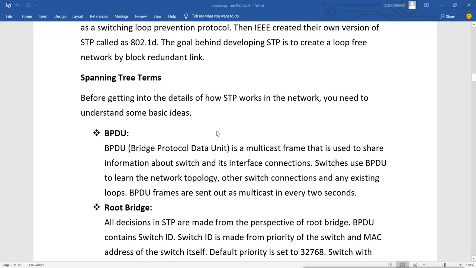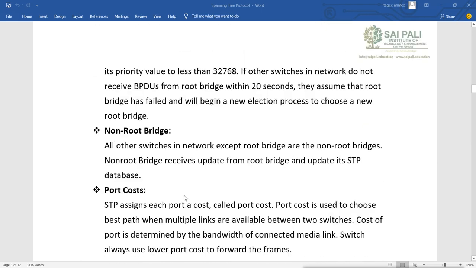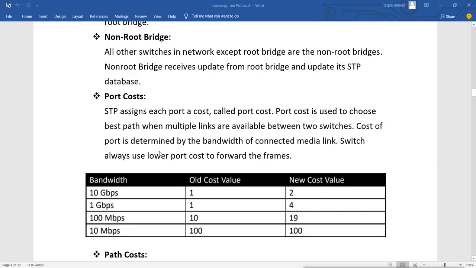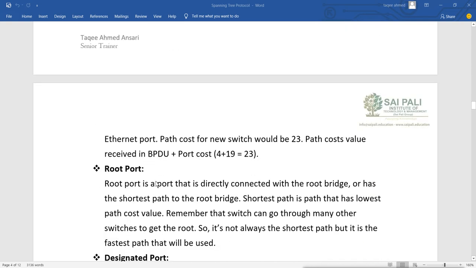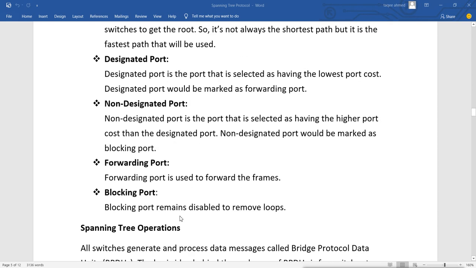And how does it work? It uses different terminologies: BPDU, root bridge, non-root bridge, port cost and path cost, and also root port, designated port, non-designated port, and forwarding and blocking port. These are the terminology for the spanning tree.